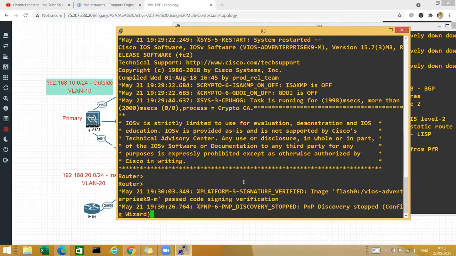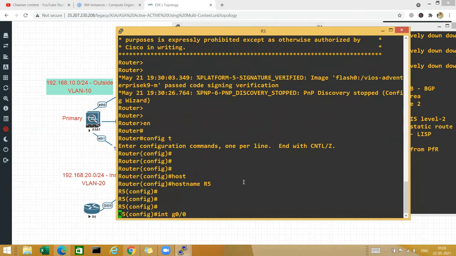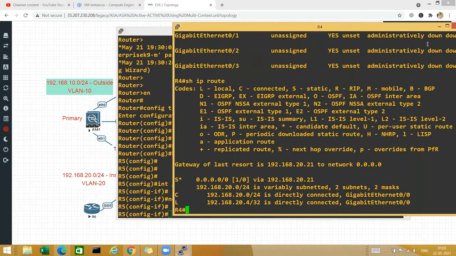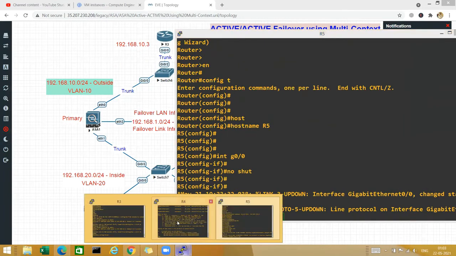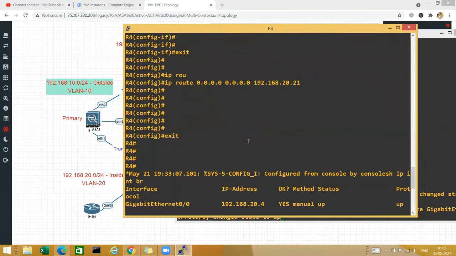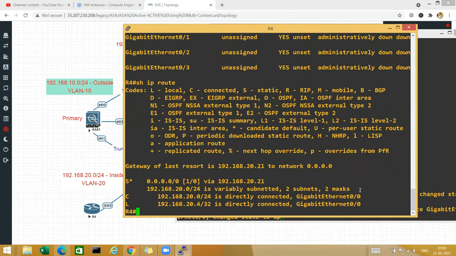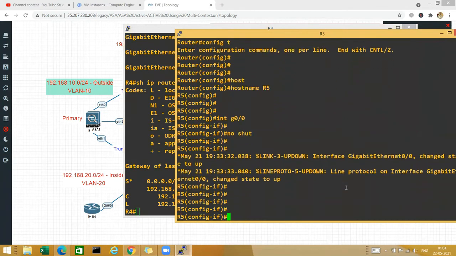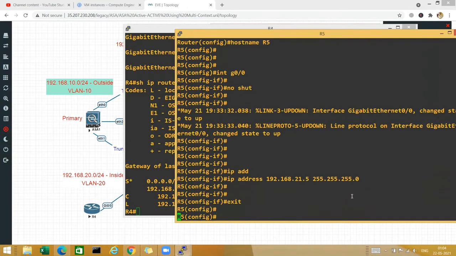Okay, let's go to R5 now. Enable, config T, host name R5, interface gigabit 0/0, no shut. Now this side is like 21.21, right? So on the other side, I configured R4 with the IP address of which one? 20. IP address of 20. Yeah, this is 21. And I think this, let me see, I can change this later. So right now here I need IP address of 192.168.21.5 255.255.255.0, and also I need a route, IP route,